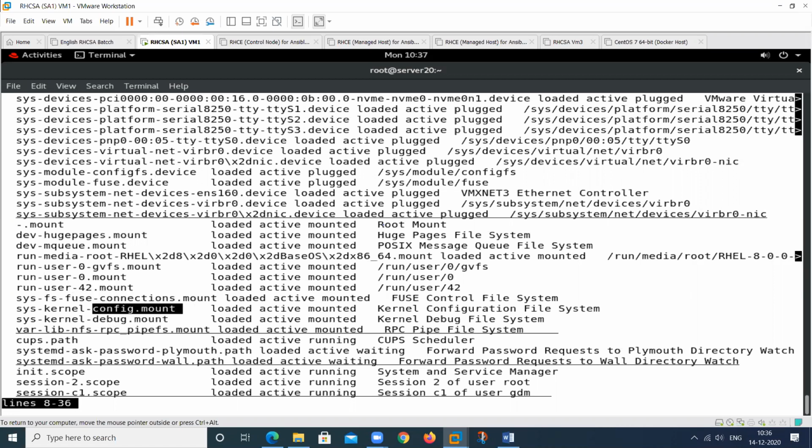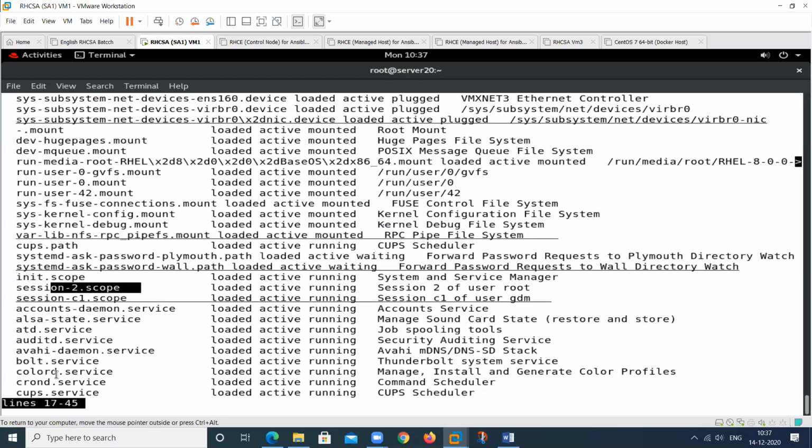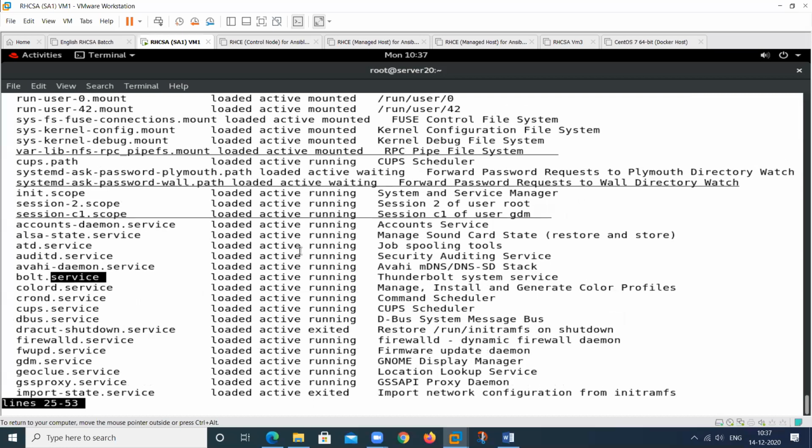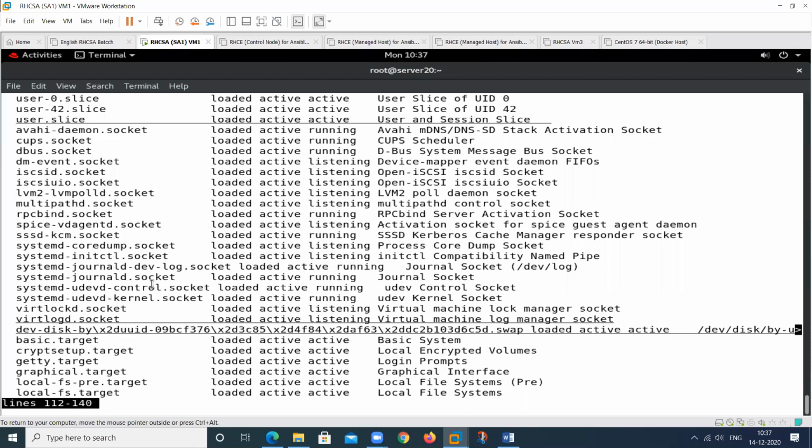Then see, this is a scope unit. This is a service unit: crond, cups services. So we have different types of units. This is a target unit. So these are to be controlled by different units.